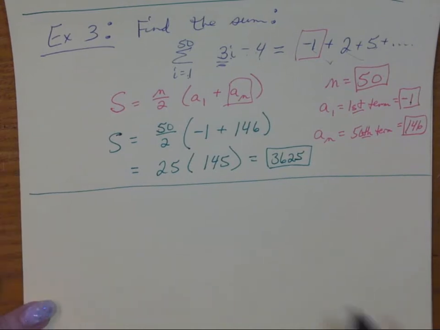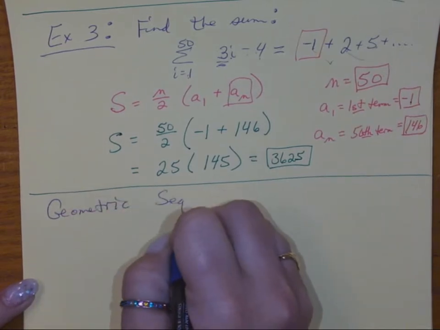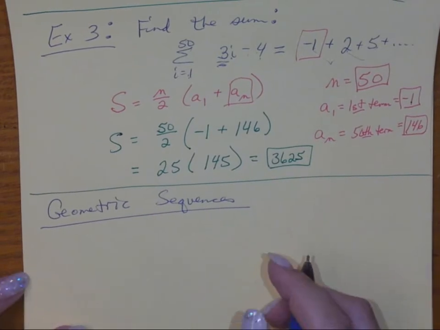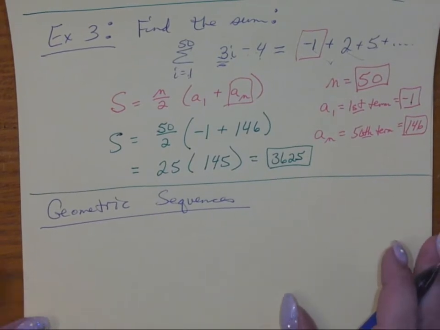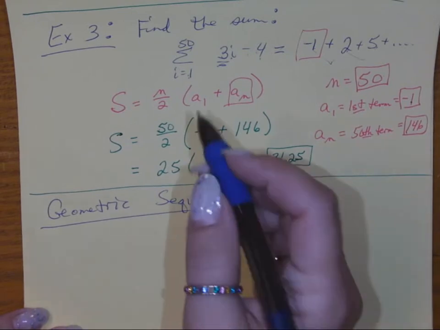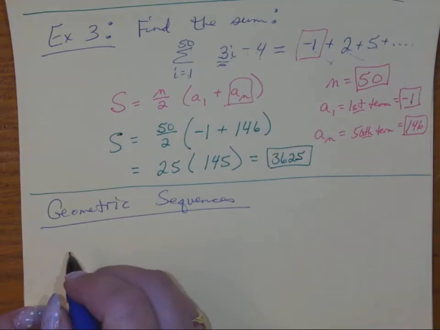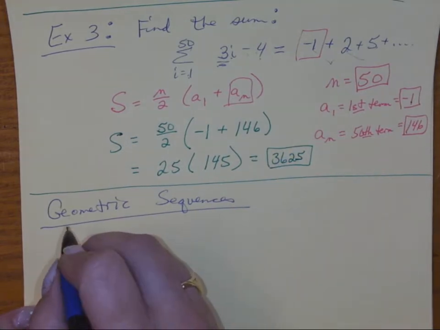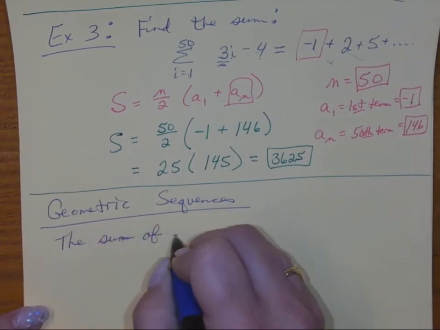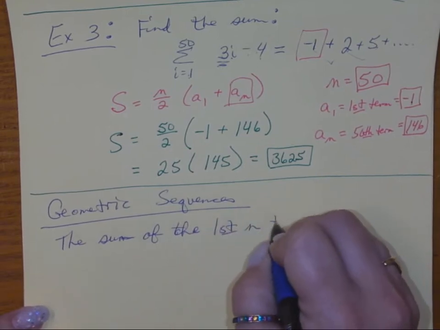So that's for arithmetic. There's also one for geometric sequences, so we got to get that in here. I know. Stinkers. Gotta get those in here. For geometric sequences, there's a similar formula, but instead of using the differences to come up with those formulas, we're going to use the ratios. So the sum, not sun, of the first n terms